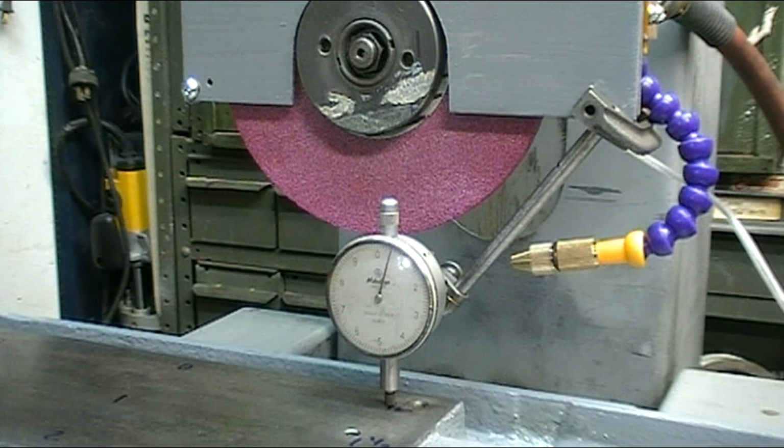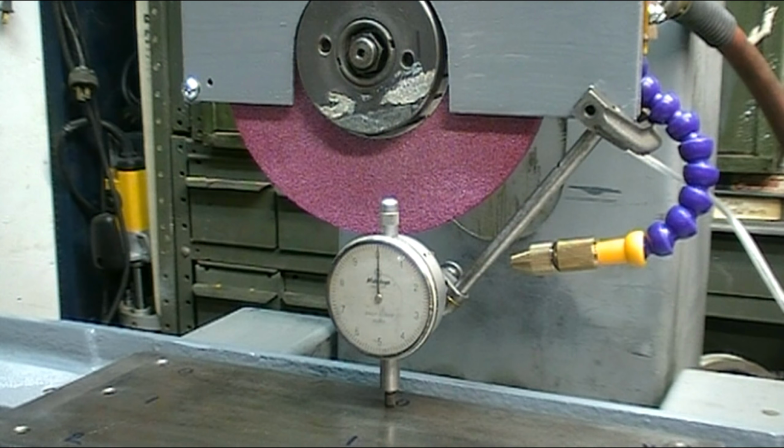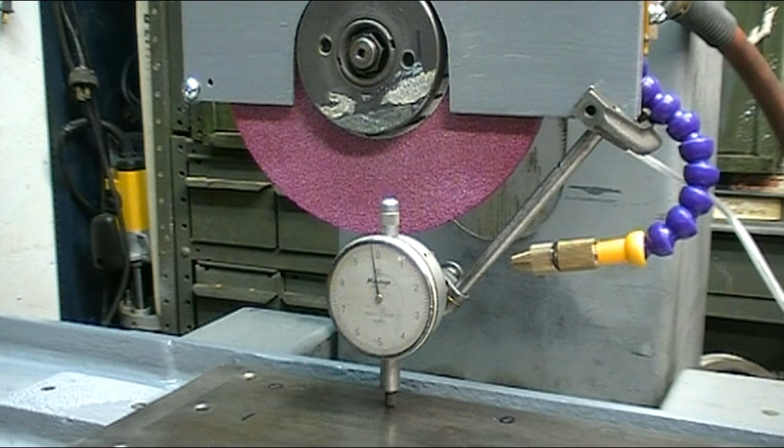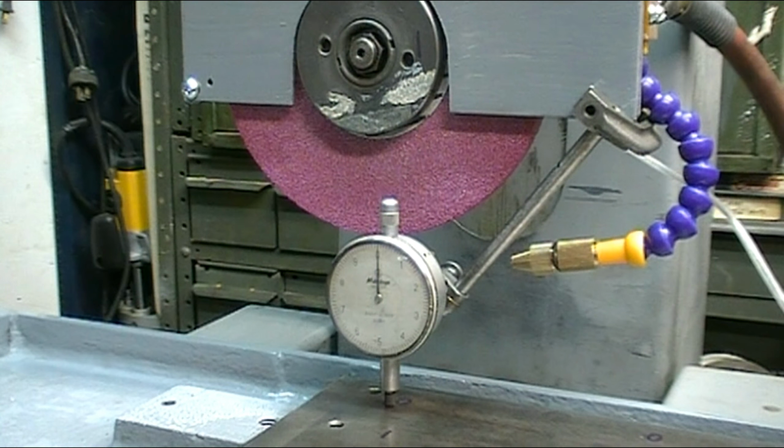This is my setup. I mapped out the table. I'm going to pre-grind the table, and I've got a tenths indicator set up on it. You can see it's reading approximately 5/10 right now, and as I go back, I'm down to 0. Oops, there's a few bumps in it. And back to 0 there. And as I come forward,